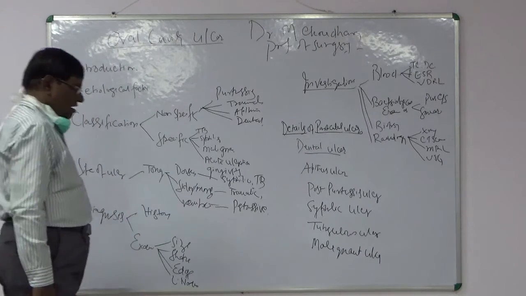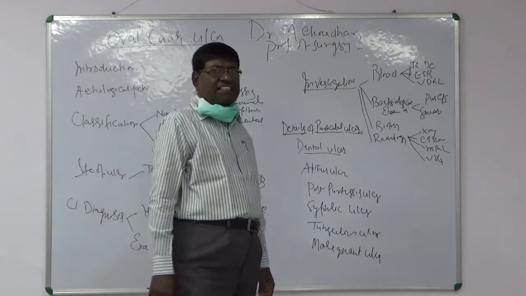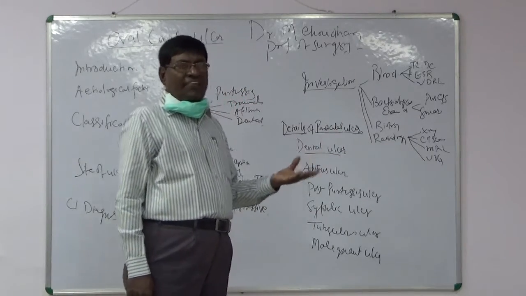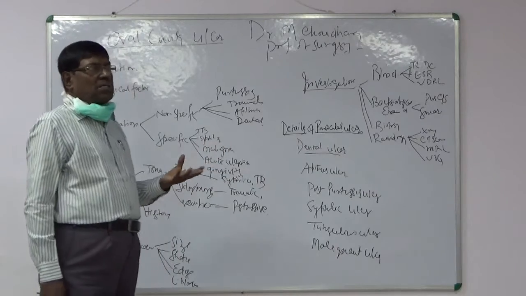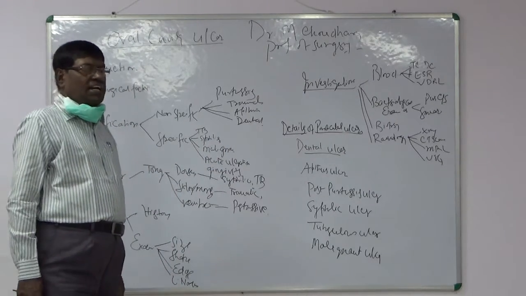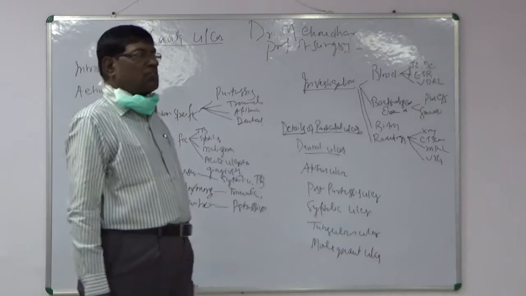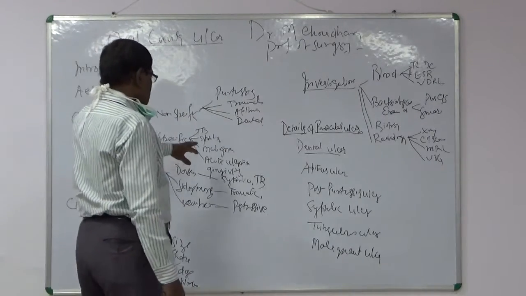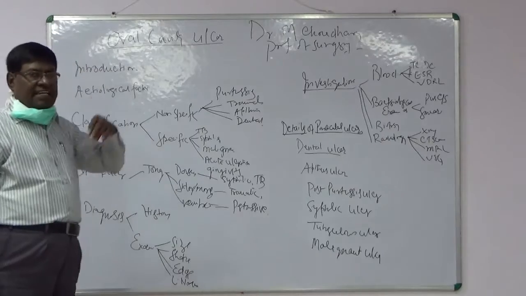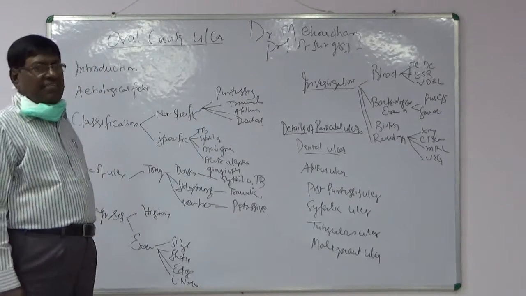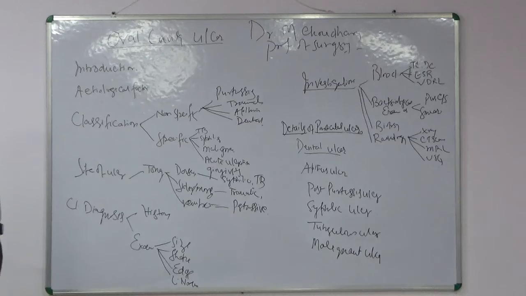Third is the tertiary stage, that is gumma formation. A gumma ulcer also manifests in the buccal cavity and at the mucocutaneous junction, that is at the lower lip or the upper lip, or maybe on the dorsum of the tongue. This tertiary stage of syphilis makes the gumma, and this ulcer mostly occurs on the dorsum of the tongue.